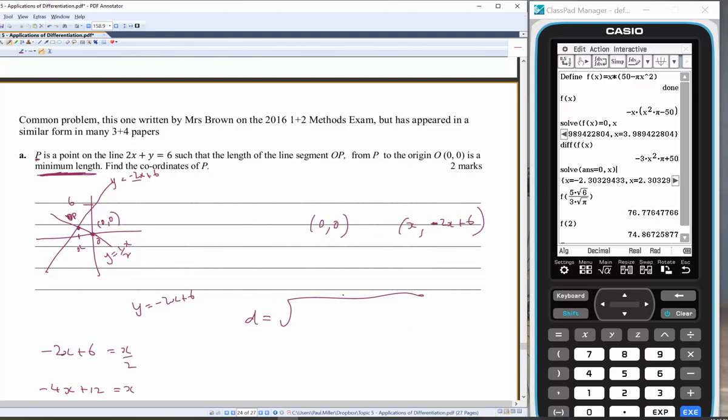So what I'm going to get is a distance function here, and I'm going to minimize the function so that I can get the minimum distance from this line here to the origin. So it's going to be the difference between these two. So it's going to be x squared plus, rather, negative 2x plus 6 all squared. So simply just Pythagoras' theorem. Distance equals